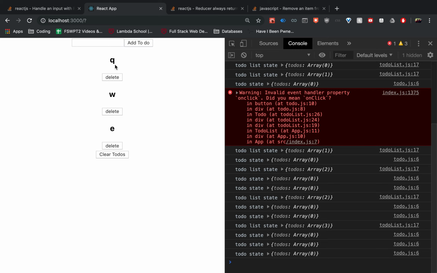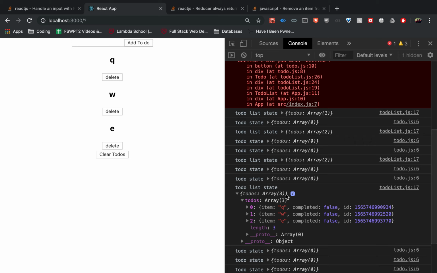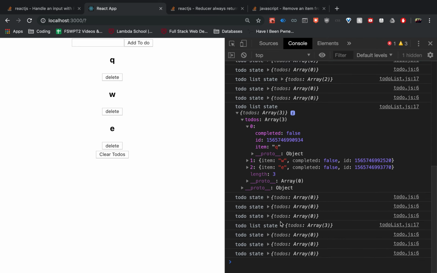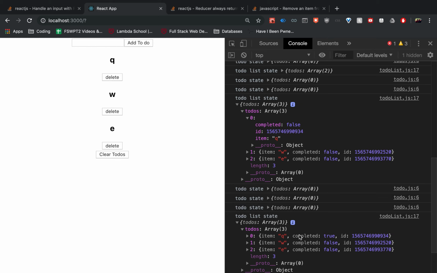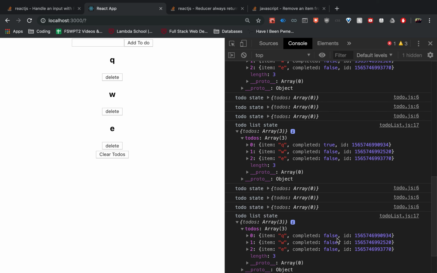Okay, we added those three, and now if we click Q, and I'm still console logging this one, but ignore the to-do state. So this one was the before, Q is false, and this one is the after, and Q completed is true. And if we click on Q again and go to the state, it's going to be false. Okay, so that's working. And if we click delete